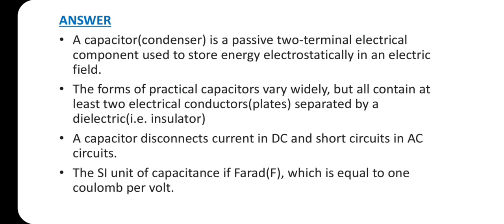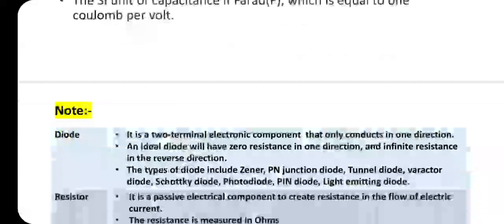A capacitor disconnects current in DC and short circuits in AC circuit. The SI unit of capacitance is farad, which is equal to 1 coulomb per volt. Note: